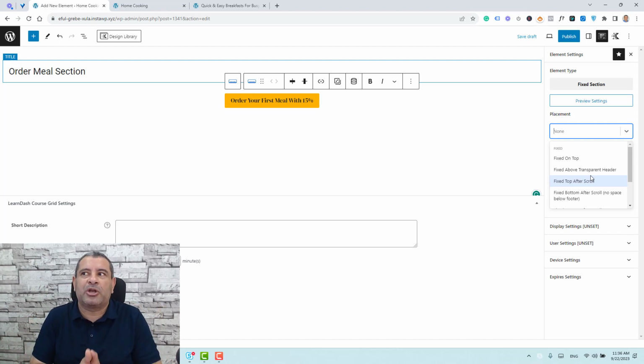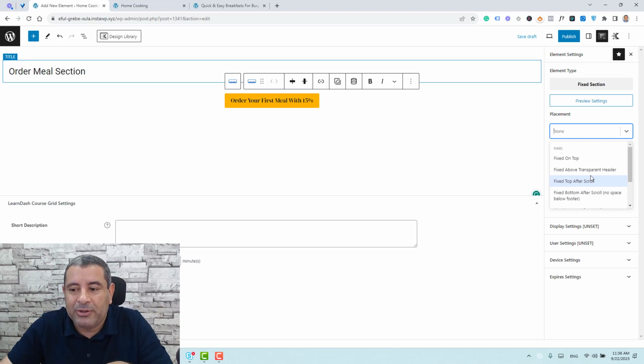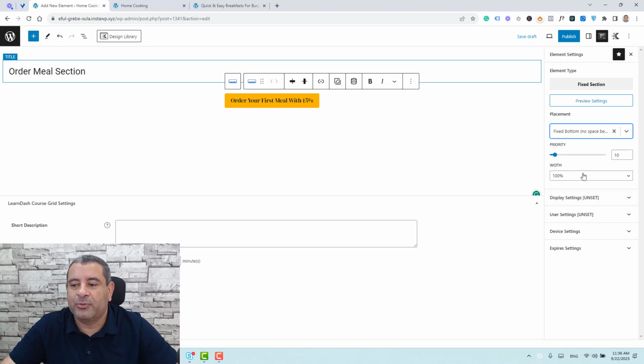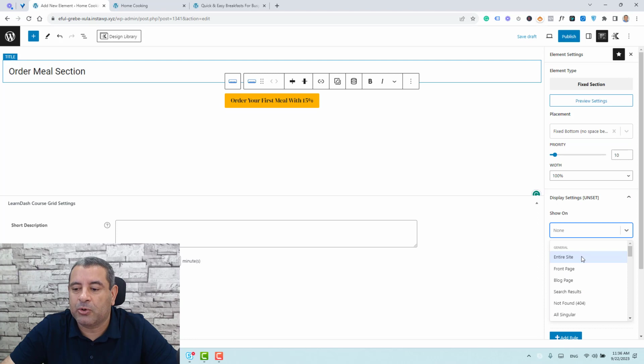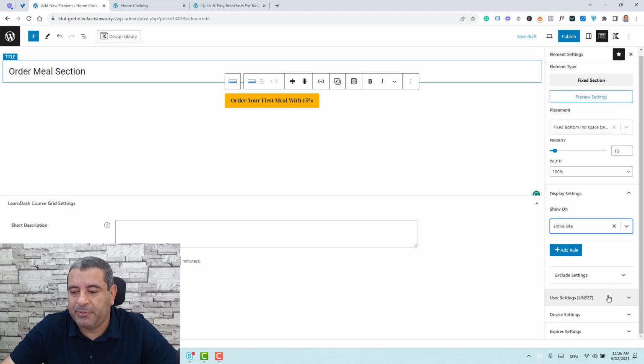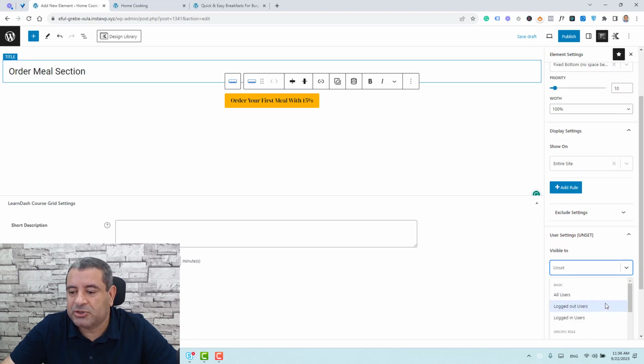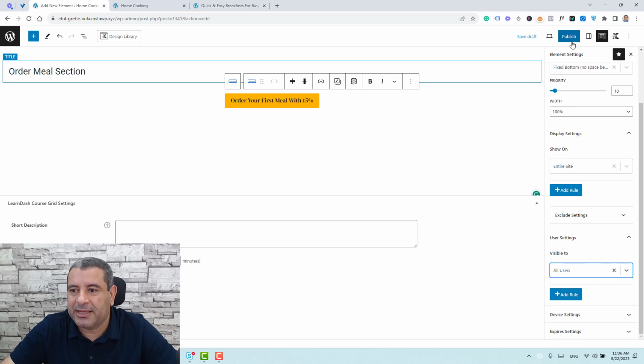But because now we are choosing a fixed section, the placements have changed. We can just display this as fixed at the top or above the transparent header. You can go through all of these. I like to use the fixed button here, and for the width I like to make this 100%. Display settings, I like to display this across all of my website pages. User settings, I like to display this to all of the users, and then click publish, and let's see what